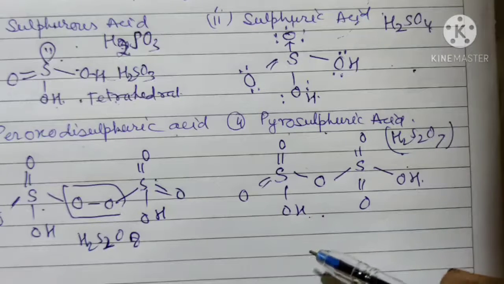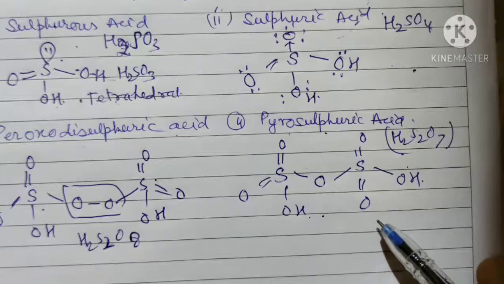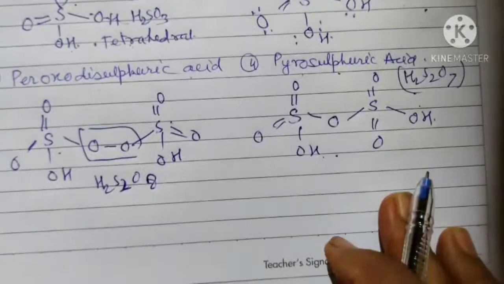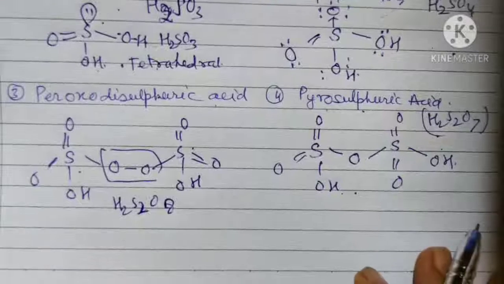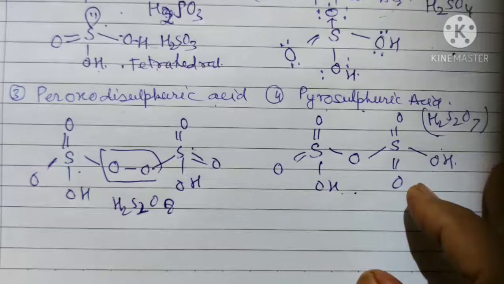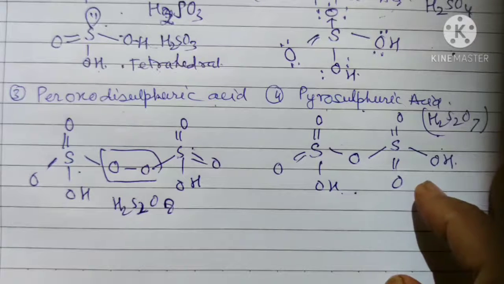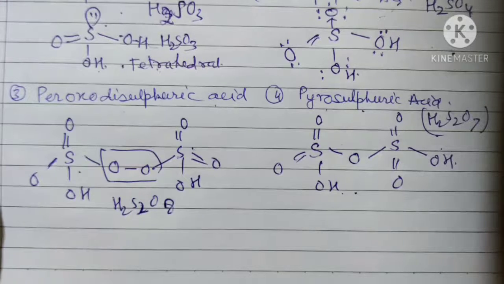So we have to study with special reference to oxygen and sulfur. Oxygen cannot extend its valency state, but sulfur can extend. That is due to the presence of vacant orbitals. So in this way we can explain the structure of the oxoacids of sulfur. And then we have to study what is the difference between the properties of oxygen and other elements, that is the abnormal nature of oxygen. That we'll study in the next